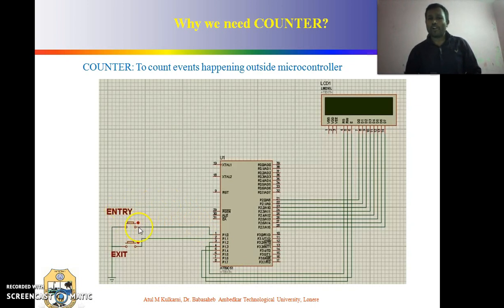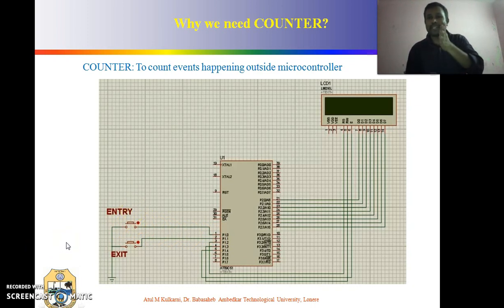At the entrance of the mall, at the entry door, and this is an exit door, an IR transreceiver set is connected to the entry door as well as the exit door, just to count how many persons entered through the entry door and how many exited through the exit door. Just like that, two IR transreceivers act as a switch. So the switch is shown here, connected to 2 pins, and this switch sometimes closes, sometimes opens.